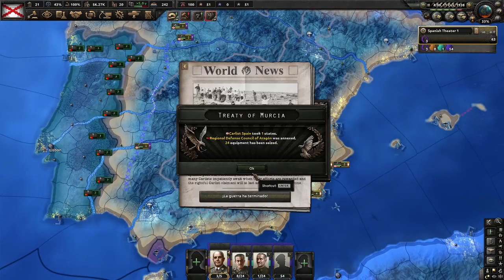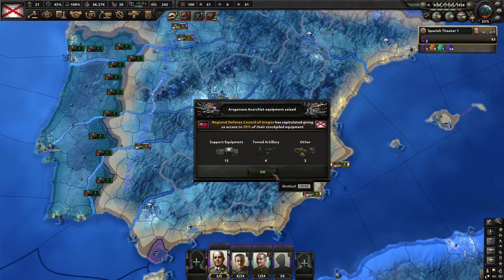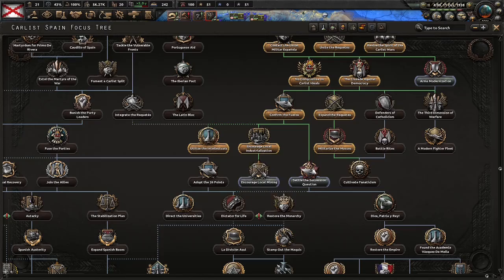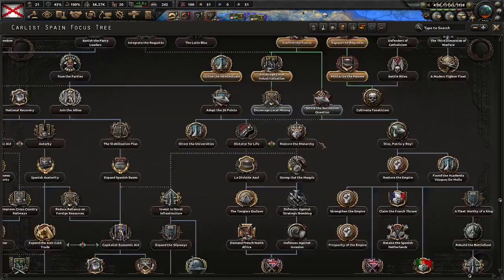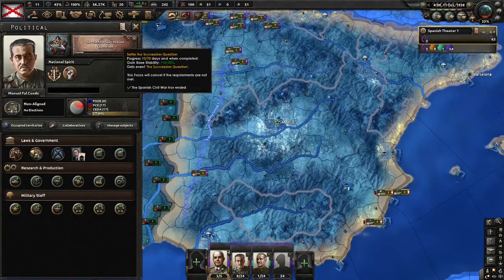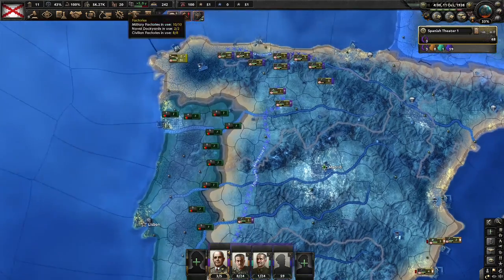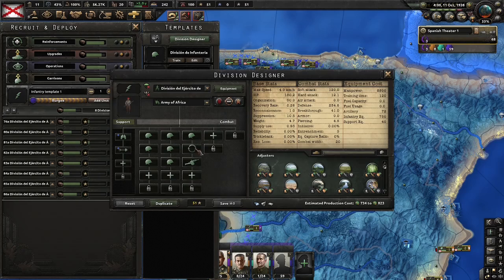And there you go. That is the end of the Spanish Civil War. You didn't miss much, really. All I was doing was just asking for guns, expanding Crusade Against Democracy, and now we're going to settle the succession question. Now, we'll deploy these units that we may as well,